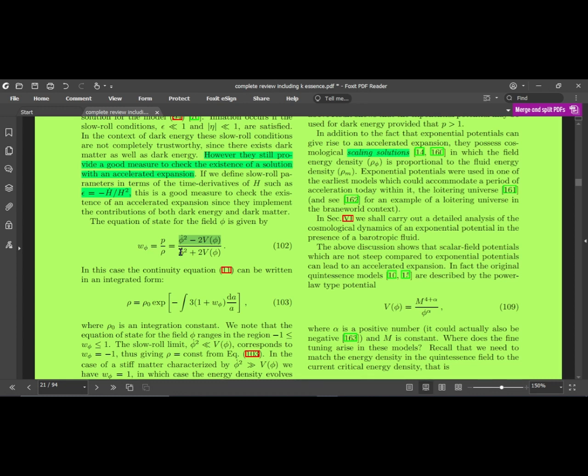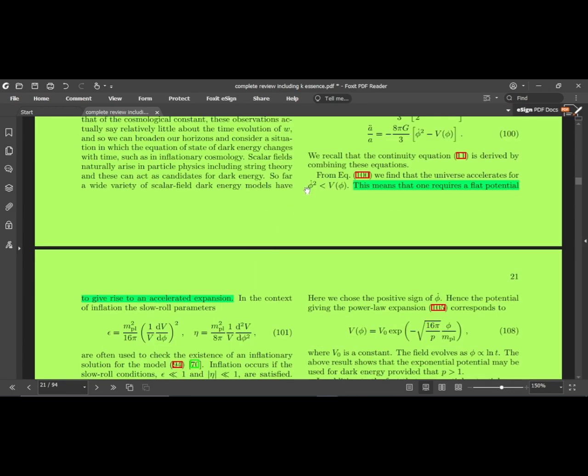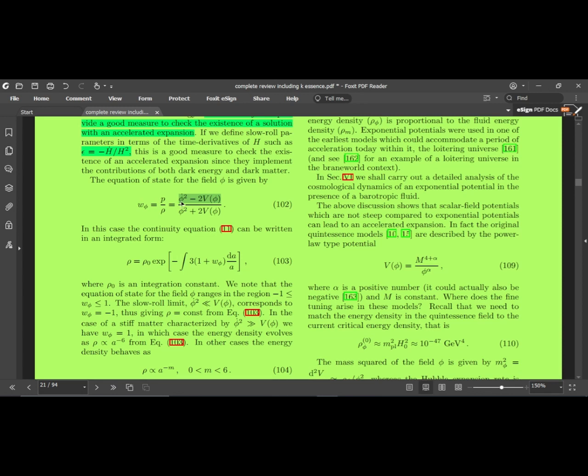If you want to have this -1, we have already taken the approximation that inflation happens when phi dot square is less than V of phi. So assuming phi dot square is less than V, these components get dropped, so we have minus 2V over 2V, the V cancels, and therefore we get omega phi equal to -1. Dynamically, we are just imposing the simple thing that the kinetic term of the field is not responsible for the acceleration, so the potential will dominate, which gives you omega phi equal to -1 in the slow roll limit.